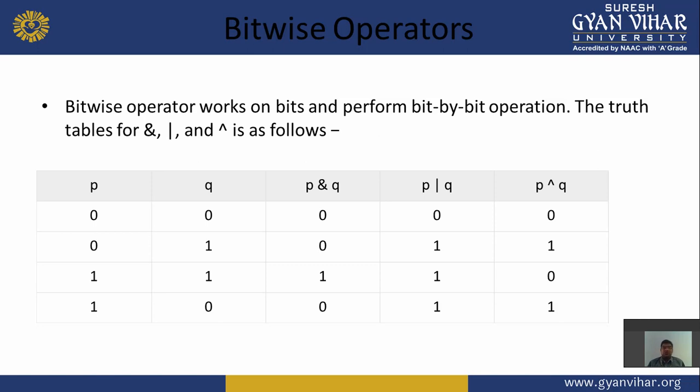So here you see in the AND operator only one time is it true, when both conditions are true, but in OR, only when both conditions are false does the OR operator show false. Okay,